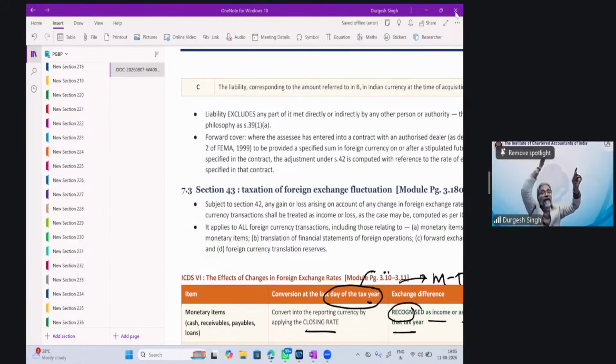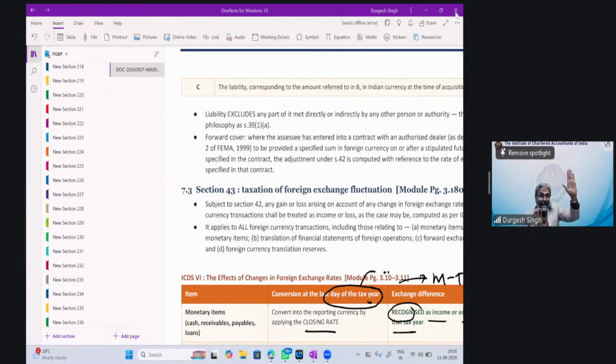Whatever fluctuation is going to take place on the principal that you have to pay, that fluctuation recognition is either under 42 if the 42 conditions are satisfied, or it will go into 43 if the 43 conditions are satisfied. So, yes sir, inventory is a part of asset. Since you said in 42 it should be a foreign currency asset, what comes under asset then, other than current asset?